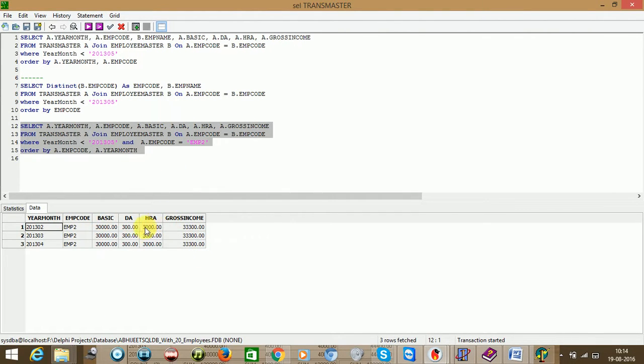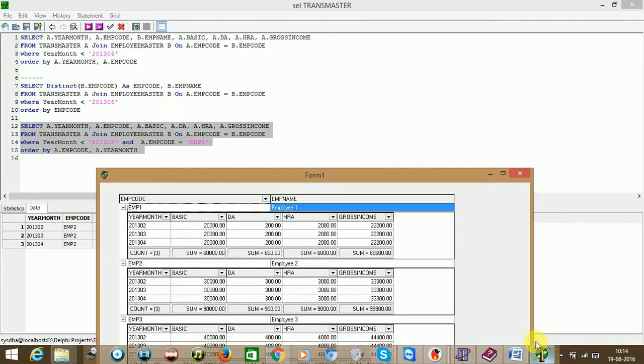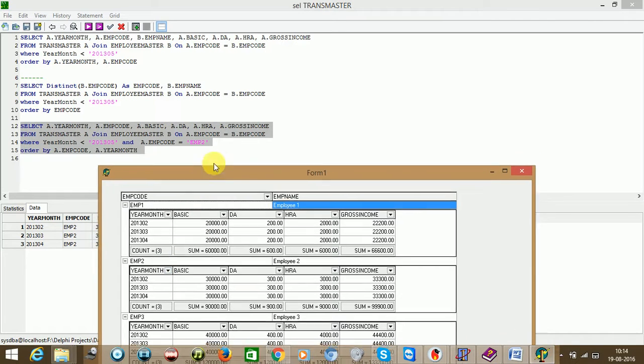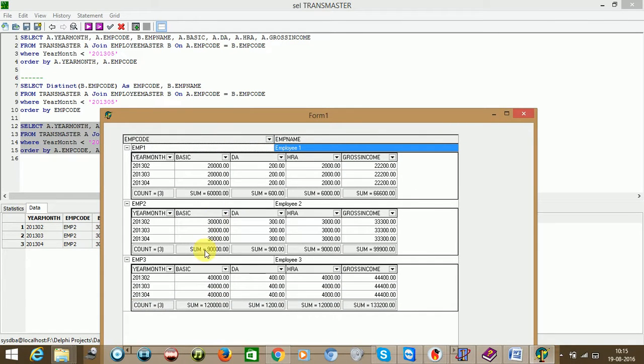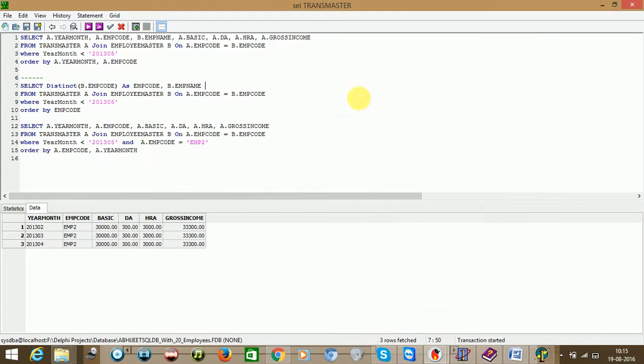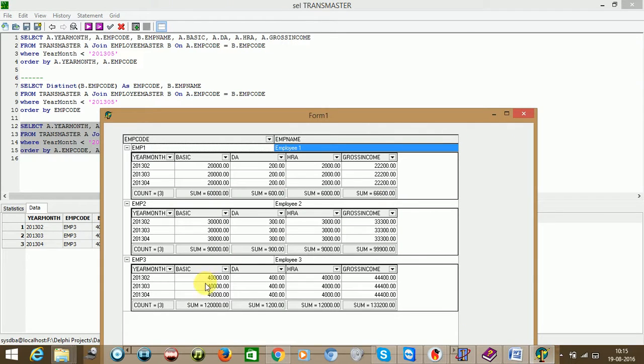Execute. So all 3000 here. Same. So you see all 3000. So 9000 is coming here. So sorry, 90,000. And again finally, just to make sure our data is correct, all the 40,000 here. So finally you see 40,000.